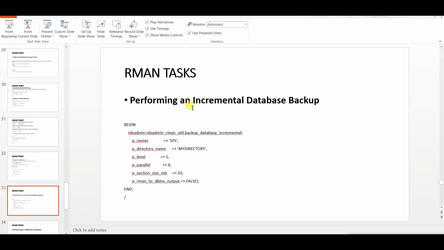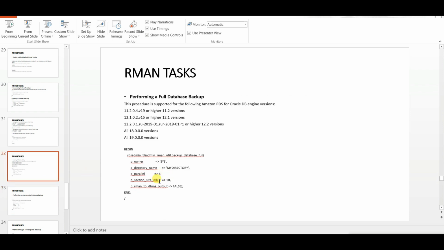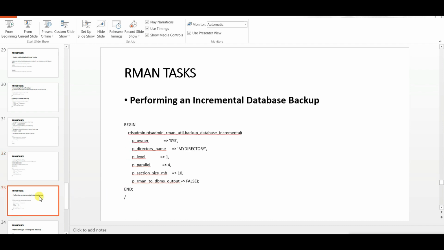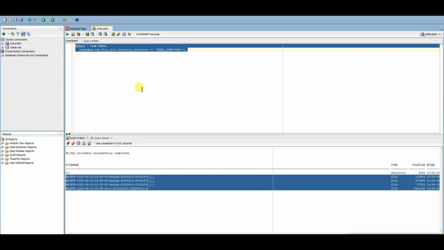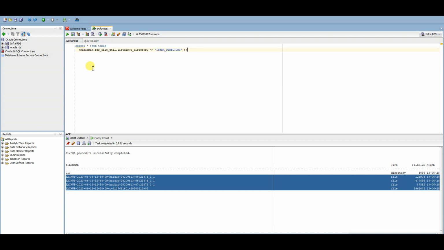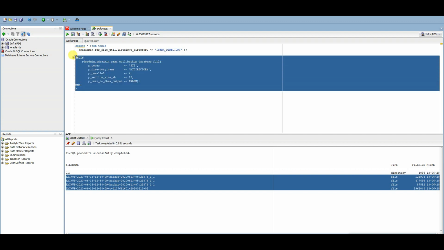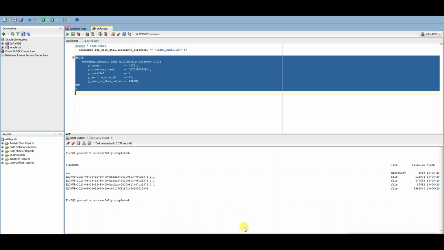And for incremental database backup also, see, it is mentioned in here, level 1. And here we are not mentioning anything, just backup full, and the backup database incremental. So let me take the full backup of my database. I'll keep the query. So currently,